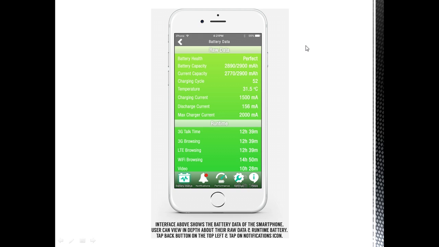When the user clicks the battery data, the interface gives the raw data details. The user can take a look at the battery health and battery capacity, and can also see the runtime, such as the 3G talk time, how long the user can use the remaining battery. Next, when the user clicks on notification,